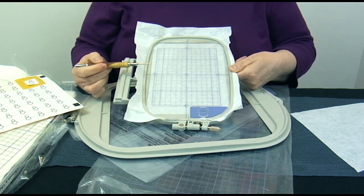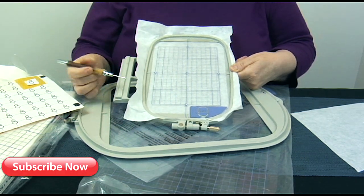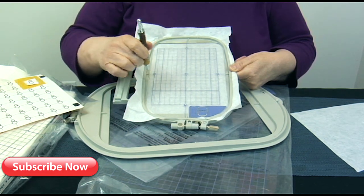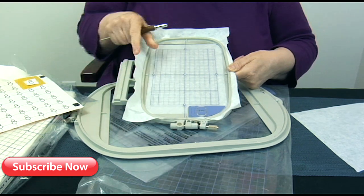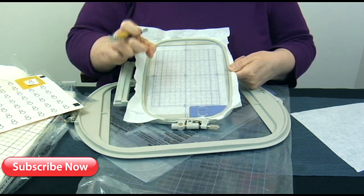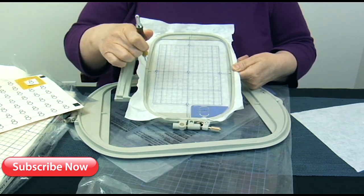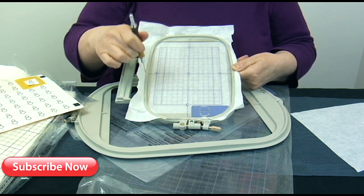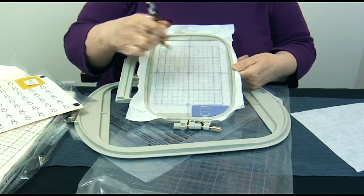That is actually the biggest size that a 5x7 hoop like this can accommodate, and that is because it needs room on the sides for the embroidery foot. If the embroidery foot has one of those up and down thingies on it, or it looks like a horseshoe, or a circle, or whatever it looks like, you don't want to embroider on here. It needs room to go from the side of the hoop,